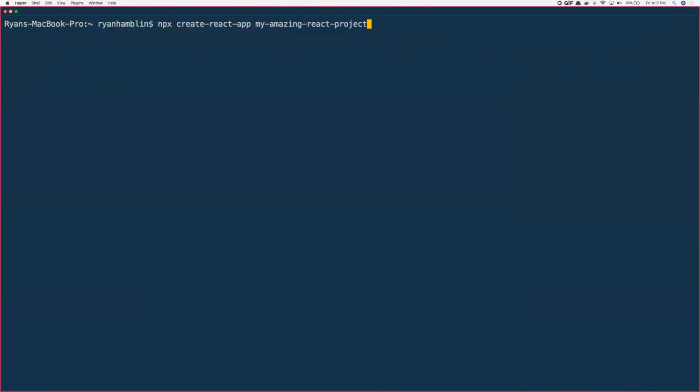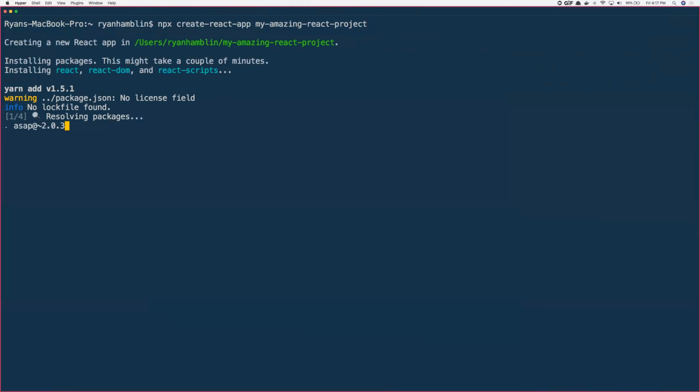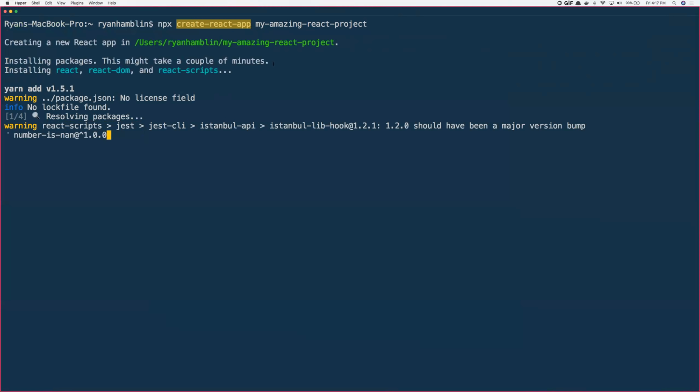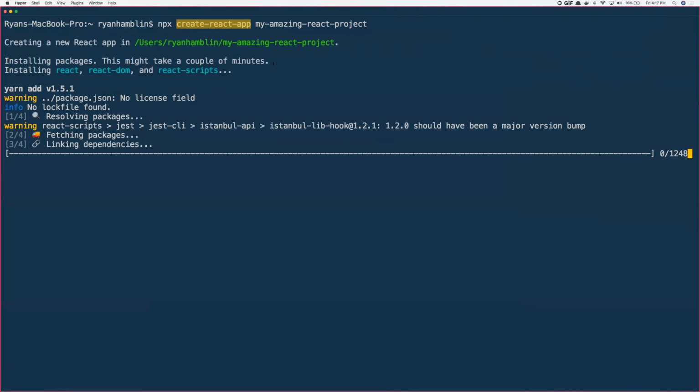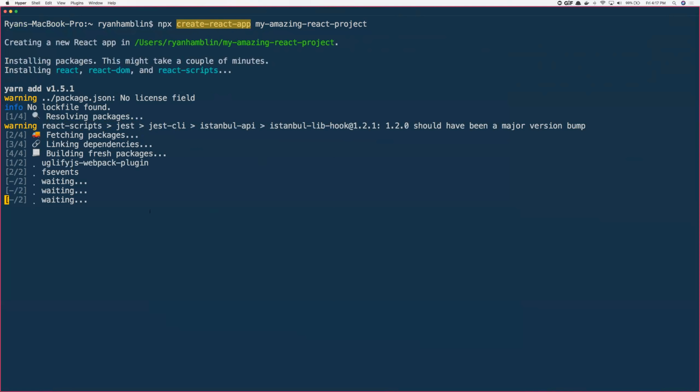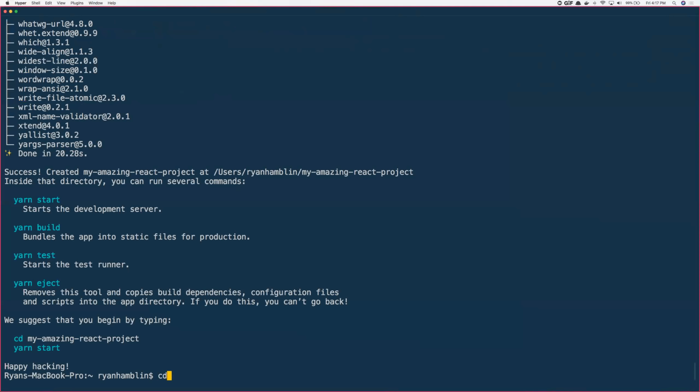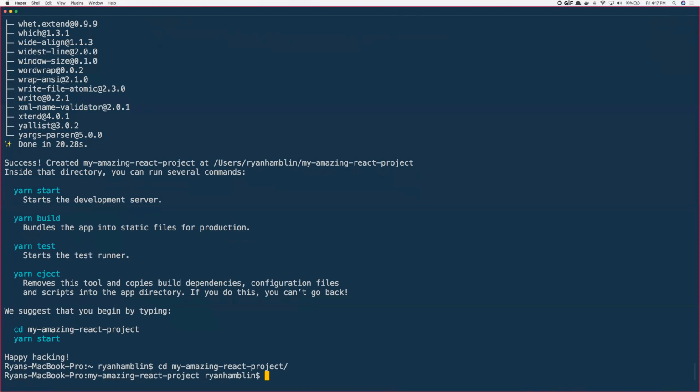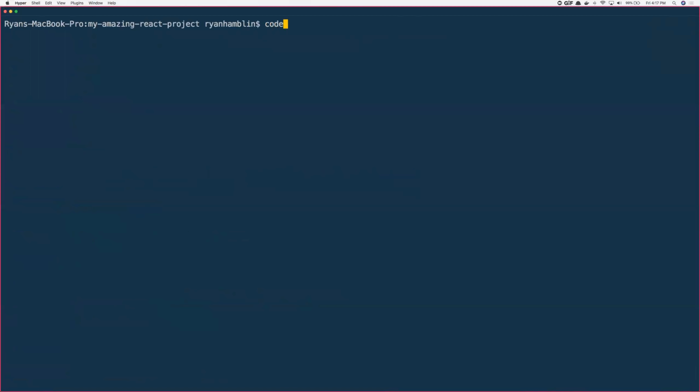So npx will actually go and run an executable, but it's going to just quickly download a couple of binary files and execute the Create React App executable from those binaries, and then it will go and remove those later. So you don't have any mess, any extra bloat that you don't need if you don't want it. In fact, this is the preferred way from the React documentation that shows us how to work with Create React App. Yeah, so as soon as that goes and installs my amazing project, we'll open it up in code,